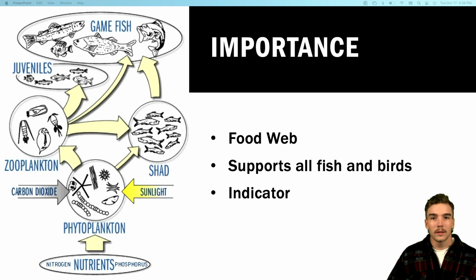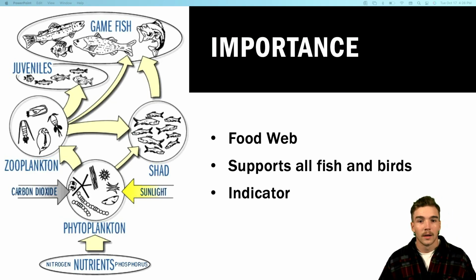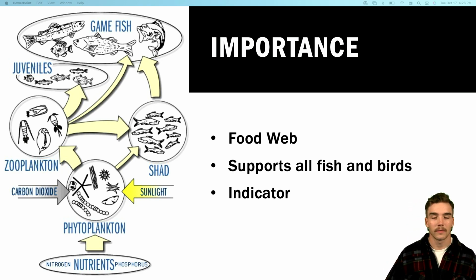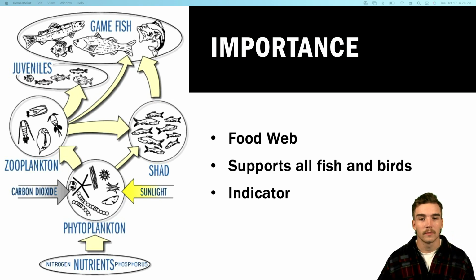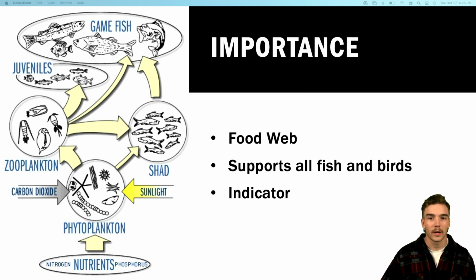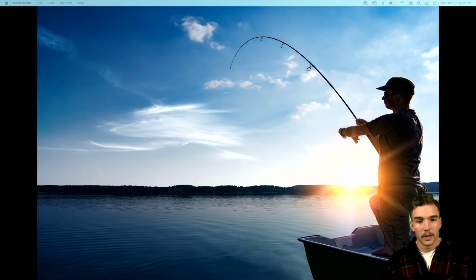And what ends up eating these zooplankton are the small bait fish, such as shad, as well as the small game fish. And even the larger game fish rely on them as a little bit of their food source. So if you were to take out these zooplankton from the food web, you wouldn't have a food source for your small bait fish, you wouldn't have a food source for your small game fish, and therefore you have no large game fish. So this is bad news if you like to fish,